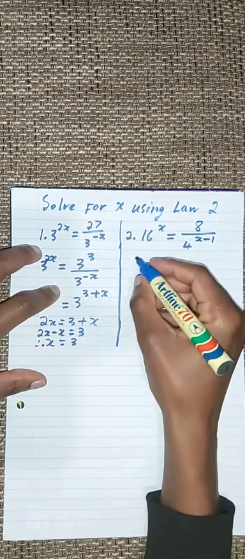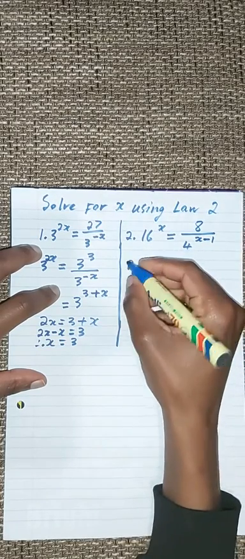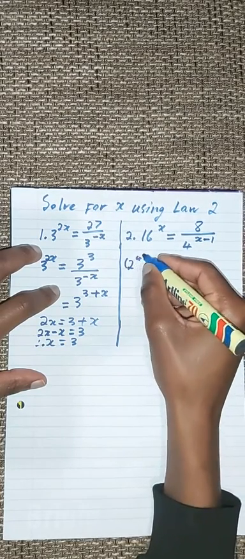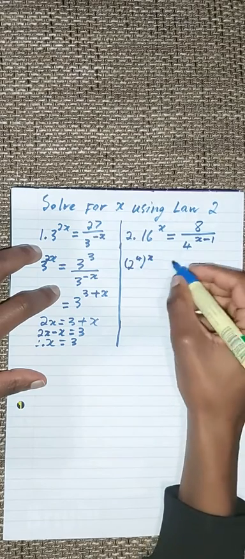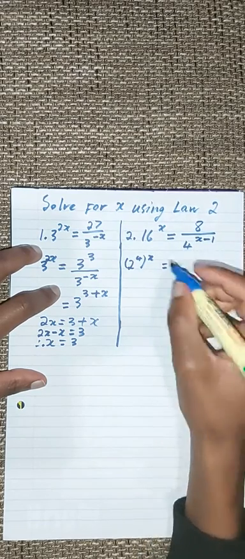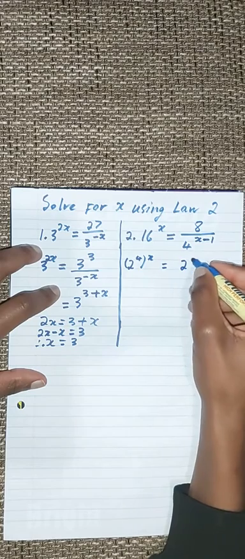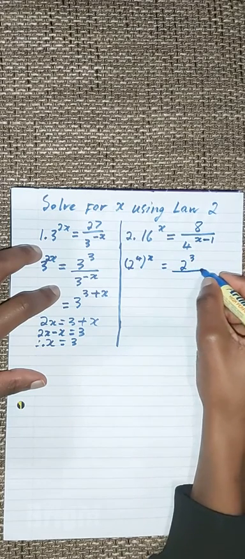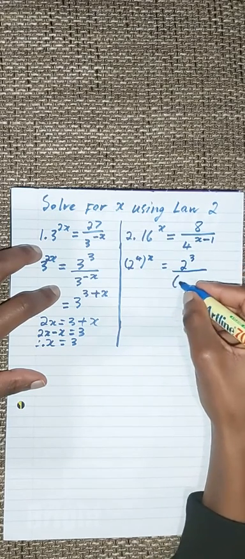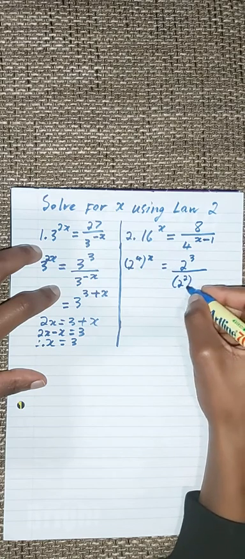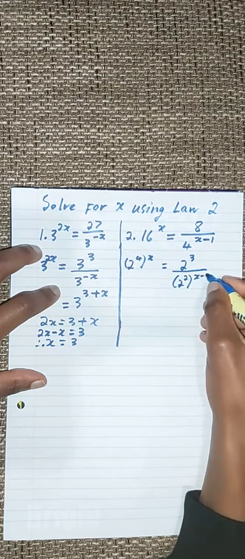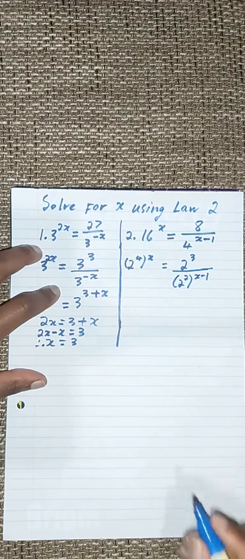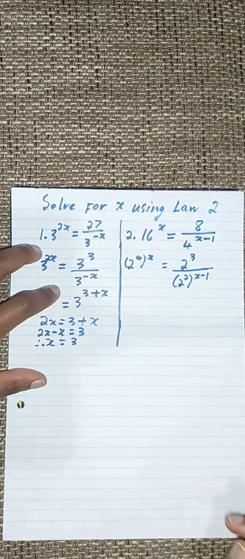We know that when you say 2 to the power of 4, we get 16 is equal to, on this side, when you say 2 to the power of 3, we get 8. And here, when we say 2 to the power of 2, we get 4, to the power of x minus 1. Then, when you proceed,